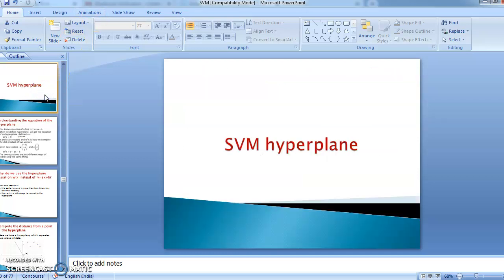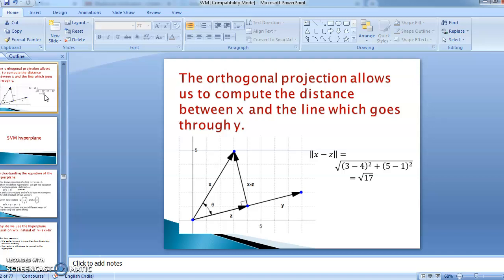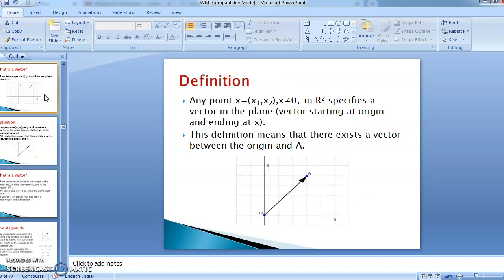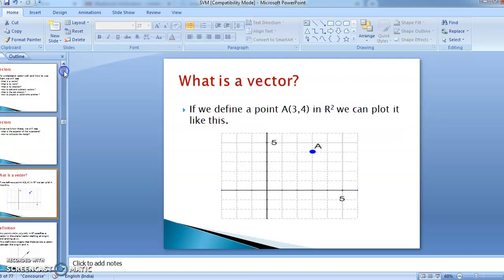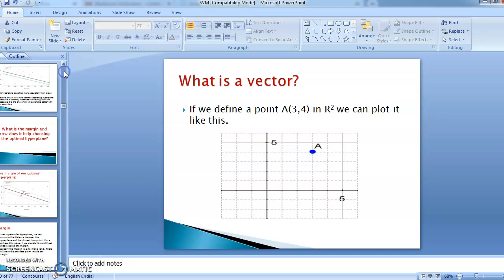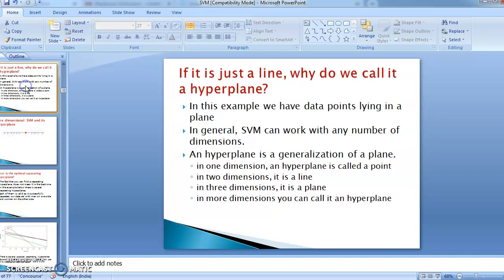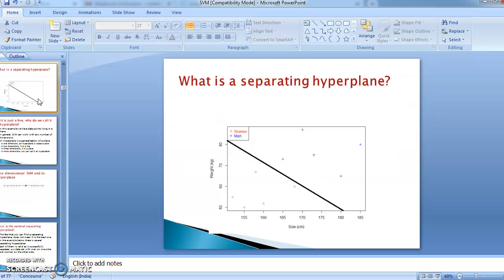In this lecture we will see how to compute the margin and hyperplane equation. Just revise the concept. We have seen what exactly is meant by the margin and what is the importance of the hyperplane. Generally, the aim of our SVM is to identify a hyperplane which will maximize the margin of the training data. So we have to identify the hyperplane such that the margin will be maximized.